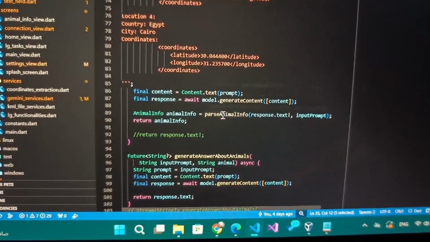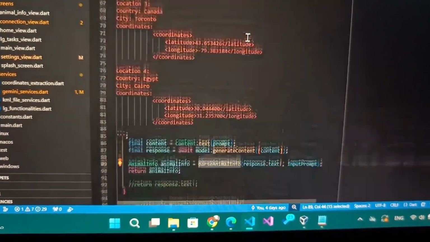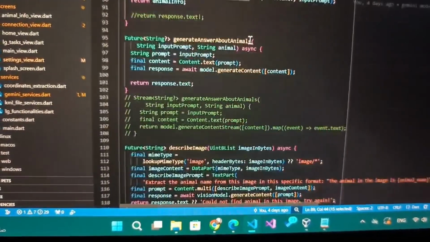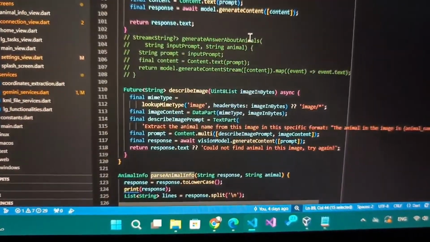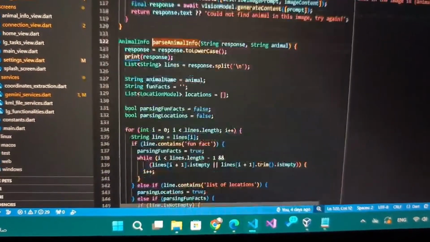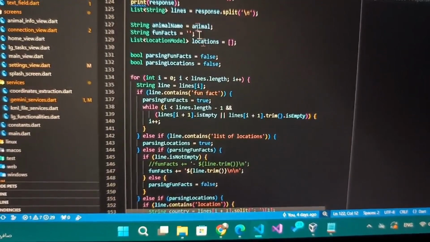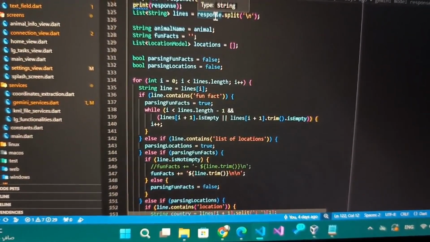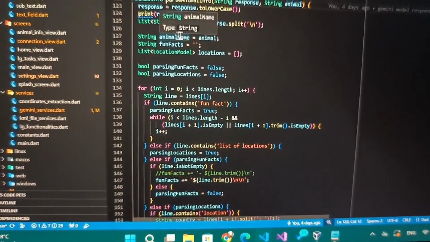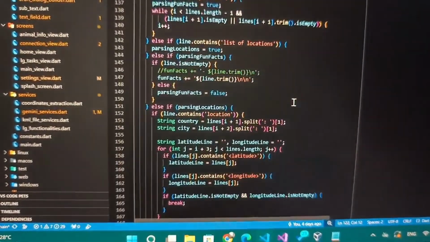And I also use a function to parse the animal info, so I can extract the locations alone or the fun facts alone and so on. So let me go to this function. So here I go line by line, and then I extract the animal name, the fun facts, and the locations by this function right here.